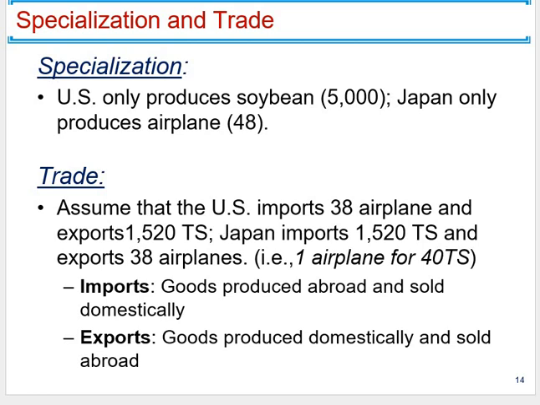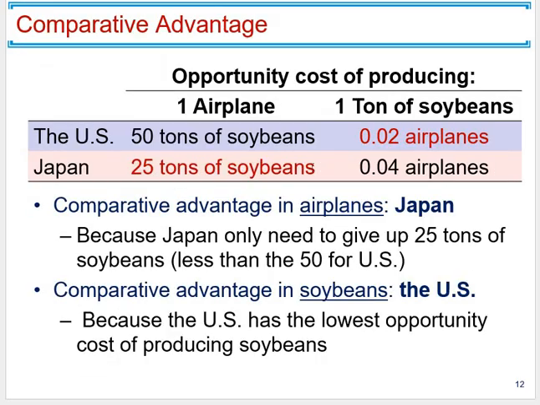Recall that the principle of comparative advantage says countries should specialize in the industry in which they have a comparative advantage. According to this table, Japan focuses on airplanes and the US focuses on soybeans,